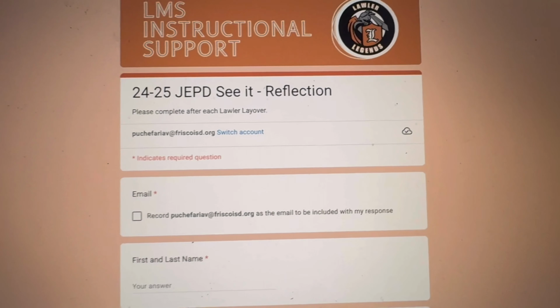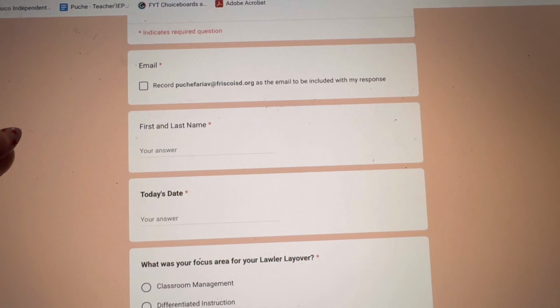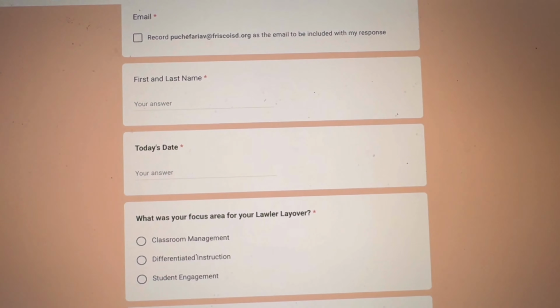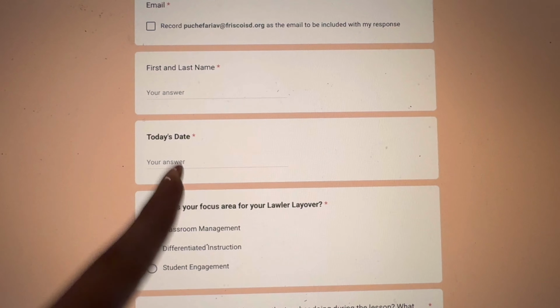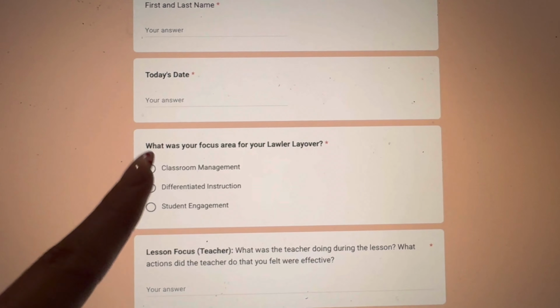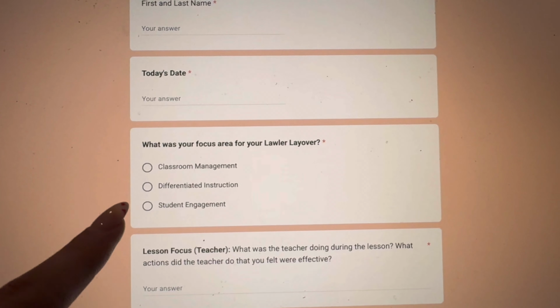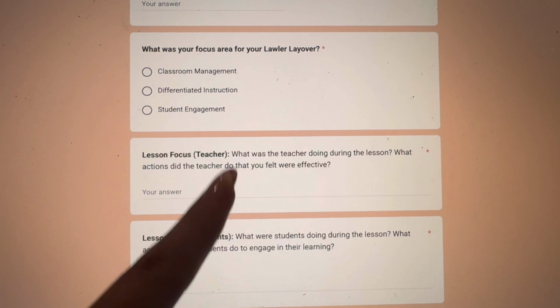The teachers are to be reflecting after they have reviewed someone, after they've taken notes and everything. So obviously I'm an example, but it would be first and last name. The date would be 2/7, and then what was their focus? Was it classroom management, differentiating instruction, or student engagement? And then still answering the same